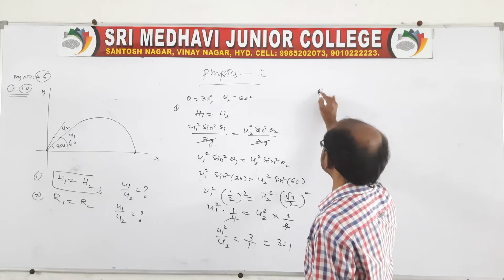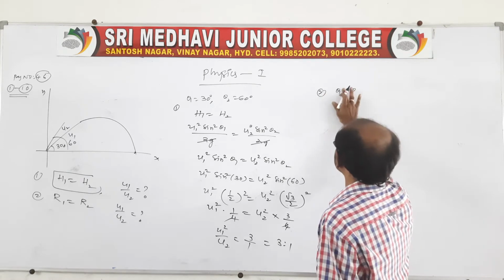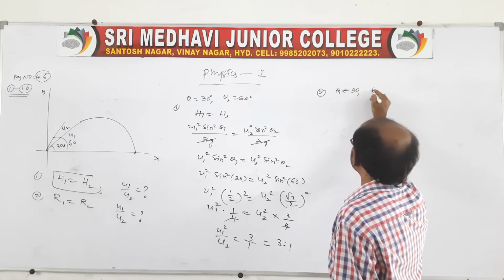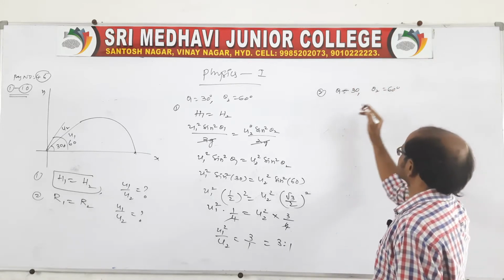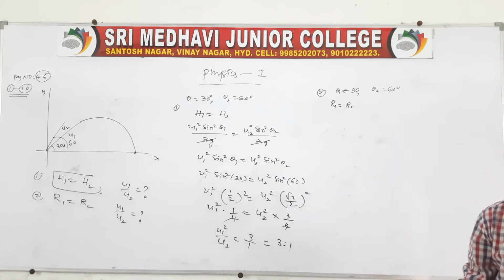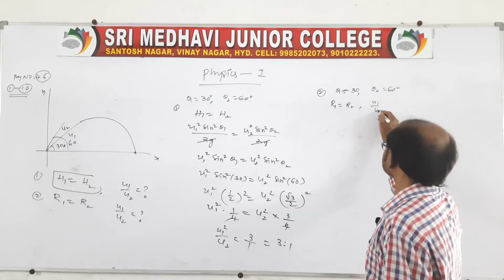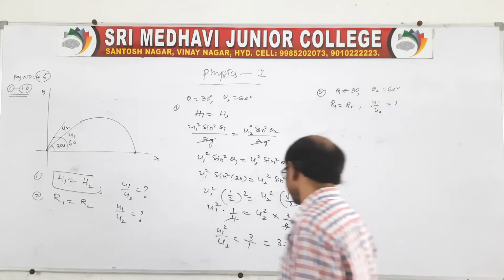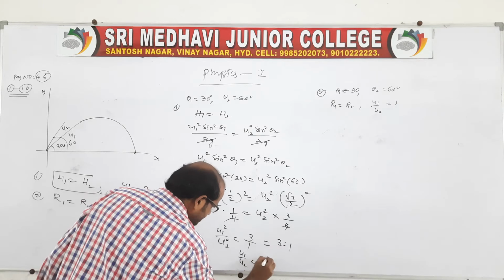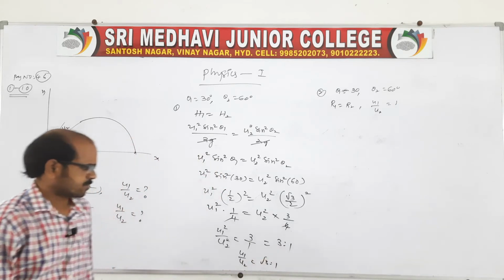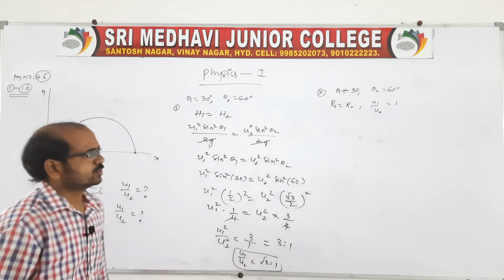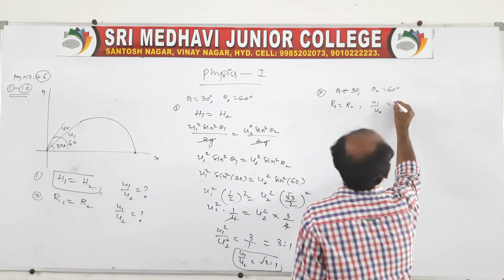And you go for the second case, again you take theta 1 and theta 2 as given: theta 1 is 30 degrees and theta 2 is 60 degrees. For this case, if the ranges are the same, then again it is asking to find the ratio. Here it is u1 square by u2 square, no, it is asking u1 by u2, so you should take it as root 3:1, because u1 to u2 is what is asked, right? Now you go for this, again this is the question.